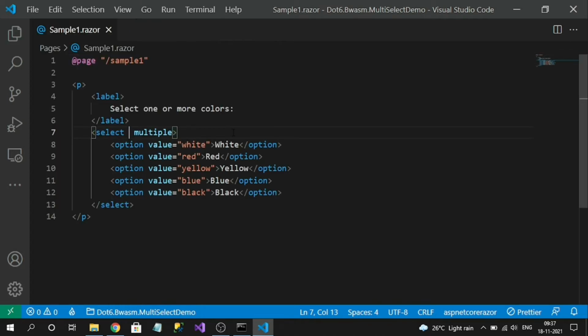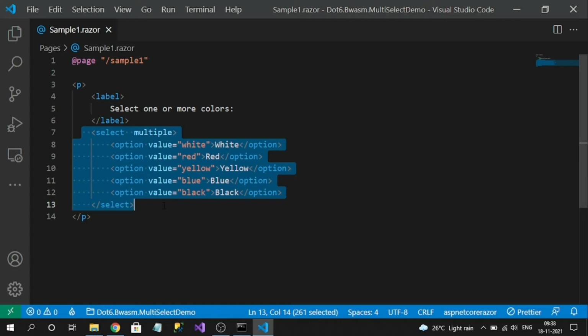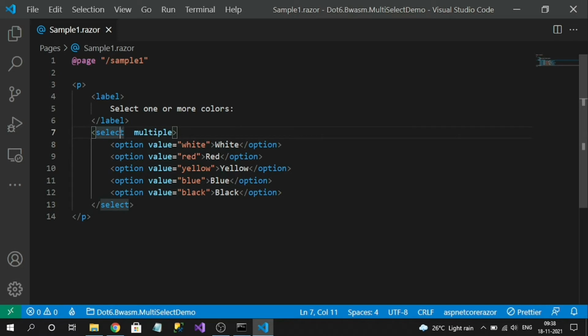Here I have added the HTML select element. For my demo, I am putting in some options like colors. Through this selector we have to select multiple options. One of the key features for the select element is that we need to decorate it with multiple, so that it gives the flexibility to select multiple values.